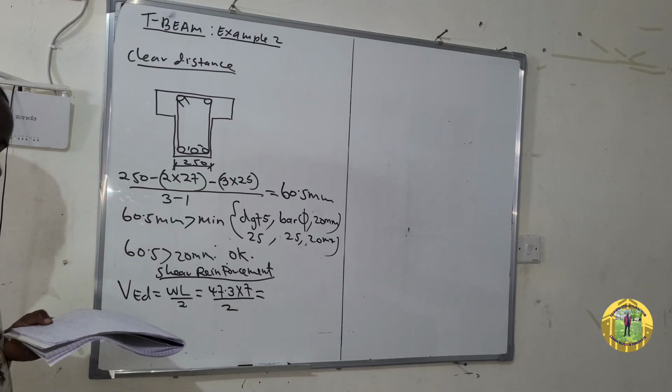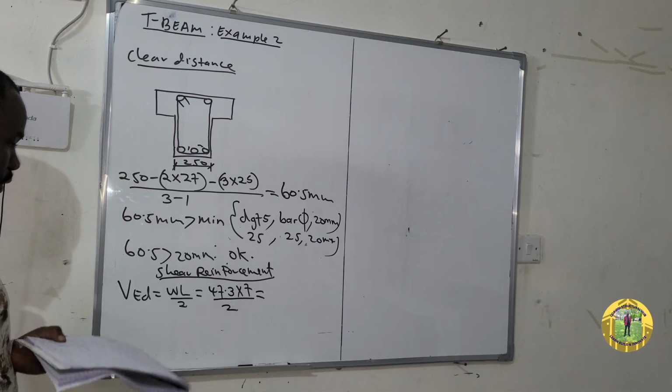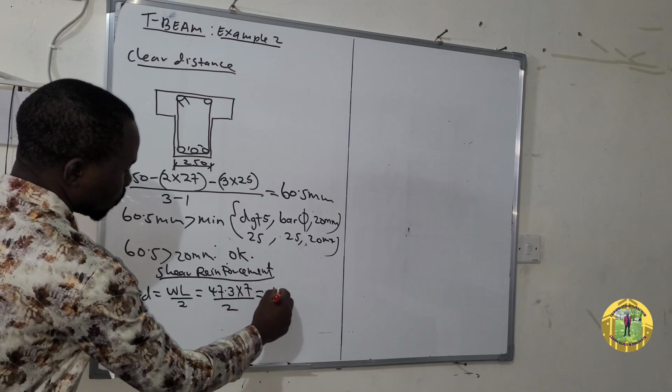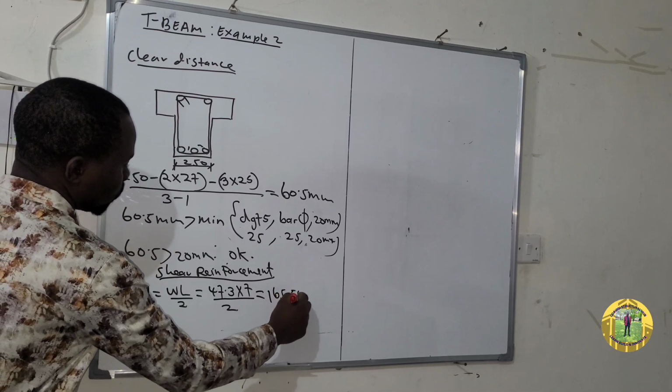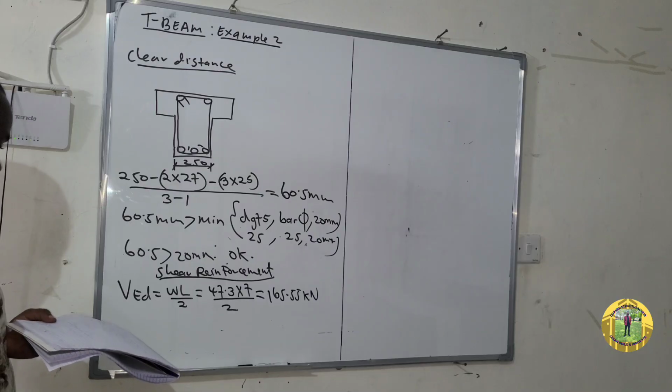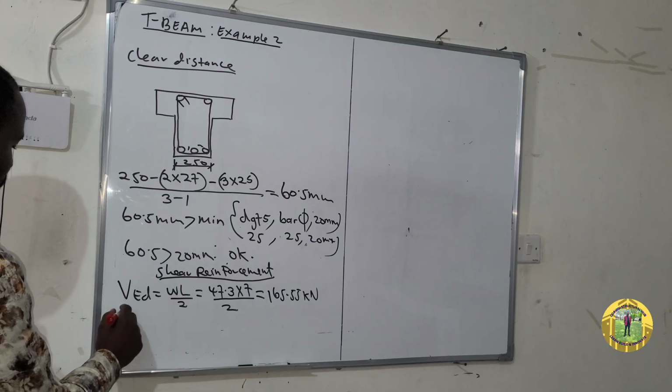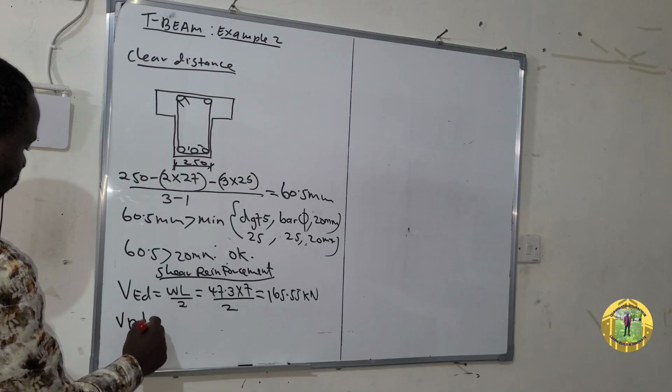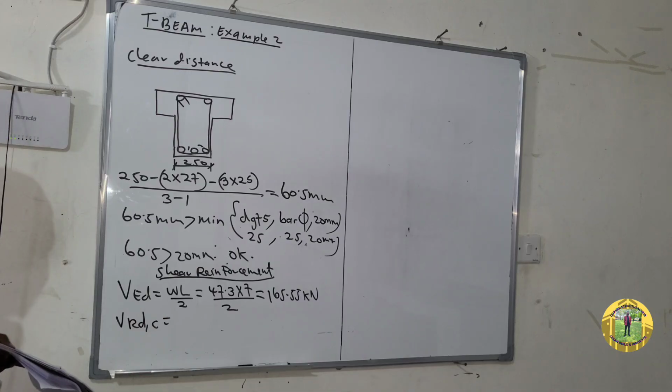So this one is equal to 165.55 kilonewton. And VRDC, which is the shear resistance of concrete without reinforcement, is given by